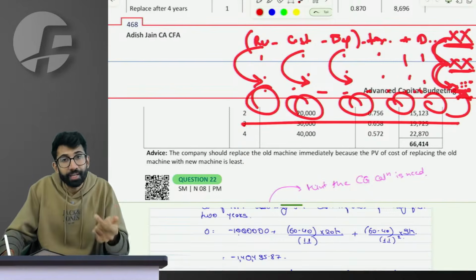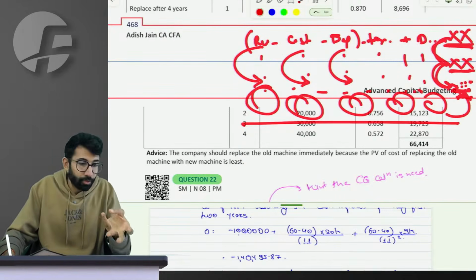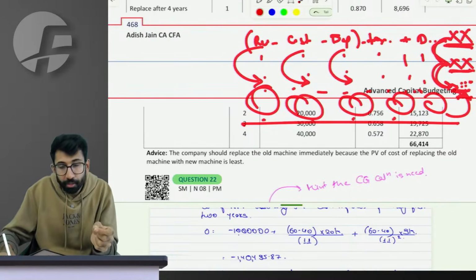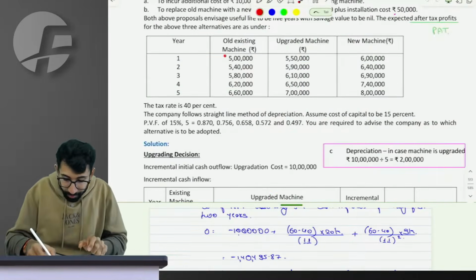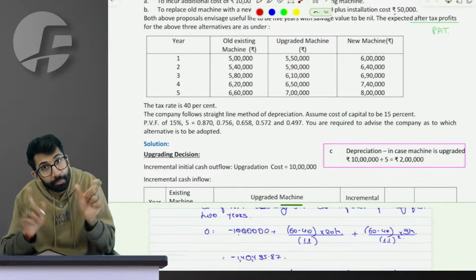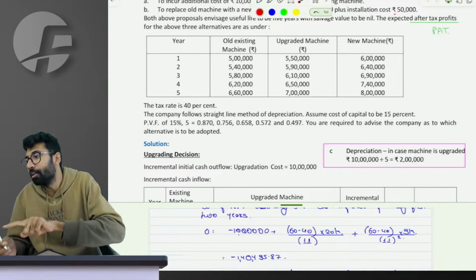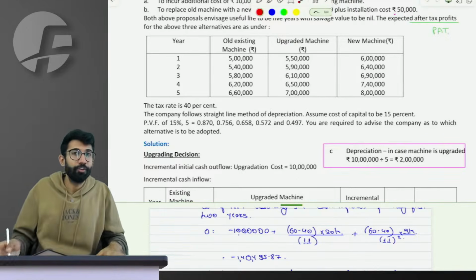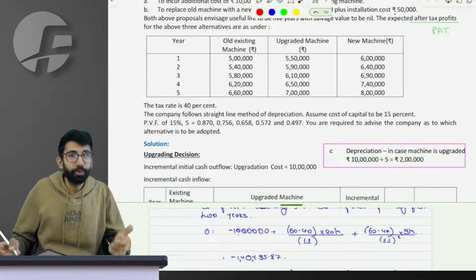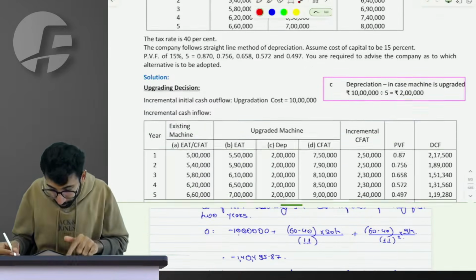That depends on the data given. In the previous question, I was given incremental revenue, incremental cost, etc. So I had to calculate all the elements incremental. In this question, I have been given separate revenues and depreciation, etc. So I first calculated separate CFATs and then did incremental. Could I explain to you the point of difference in this question and the previous one? The main reason for doing this question in the class was this particular reason.